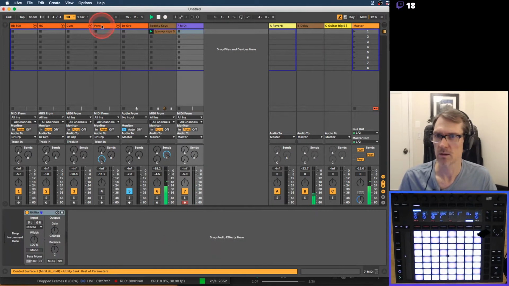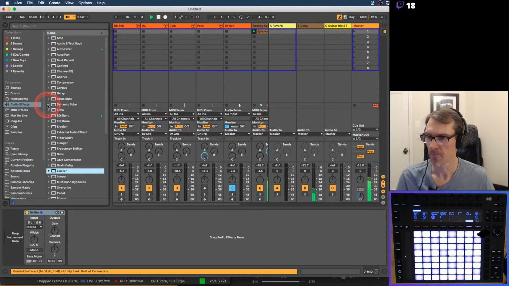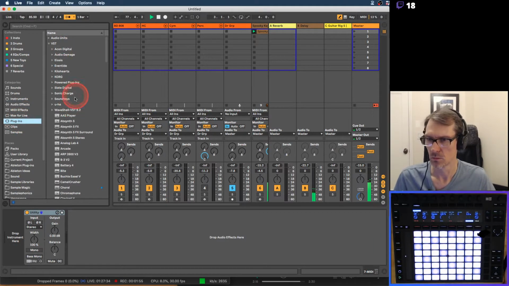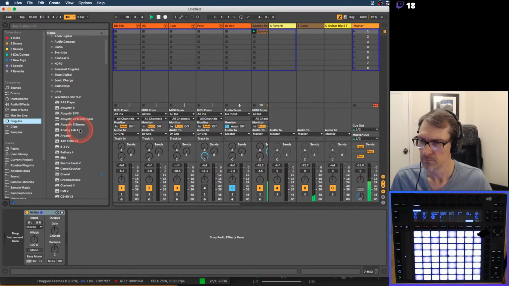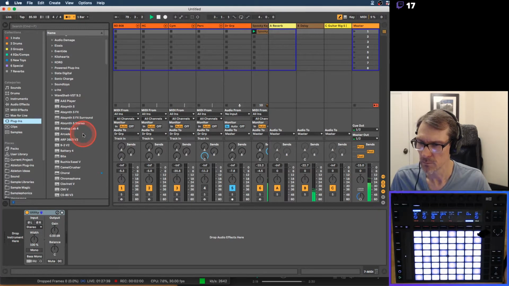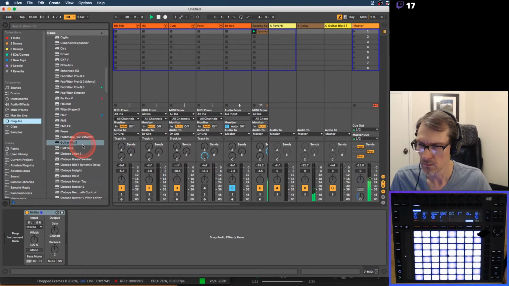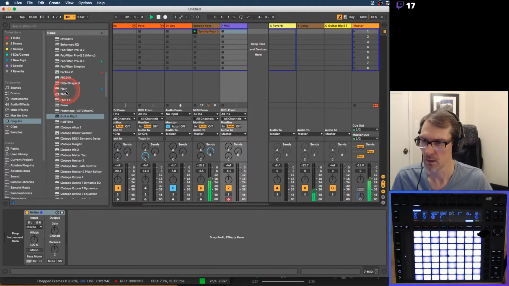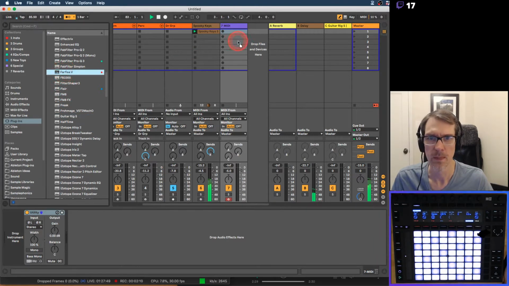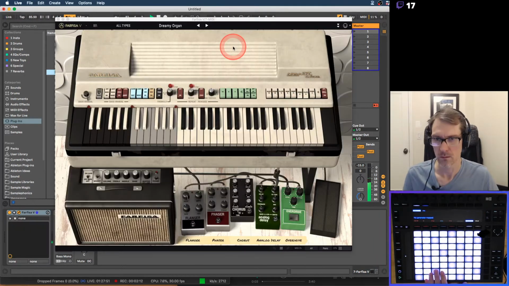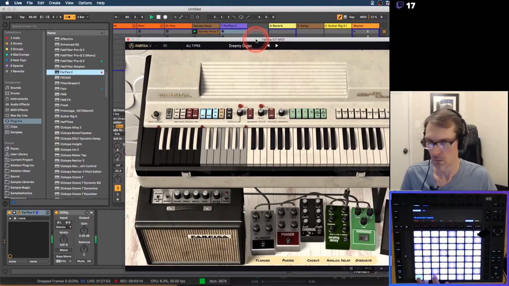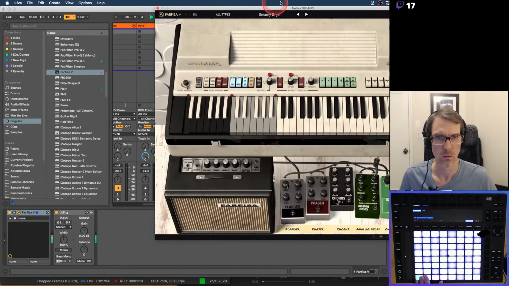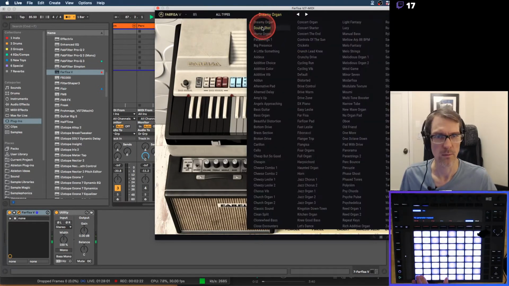I'm gonna go over here and let's put some other sounds in here. Let's grab a, let me see. Let's go, oh, the farfisa. I like that, it's like an organ type of thing from Arturia. Cool. Let's grab a